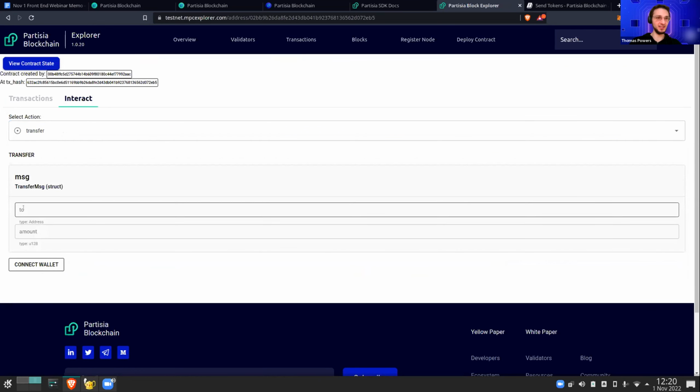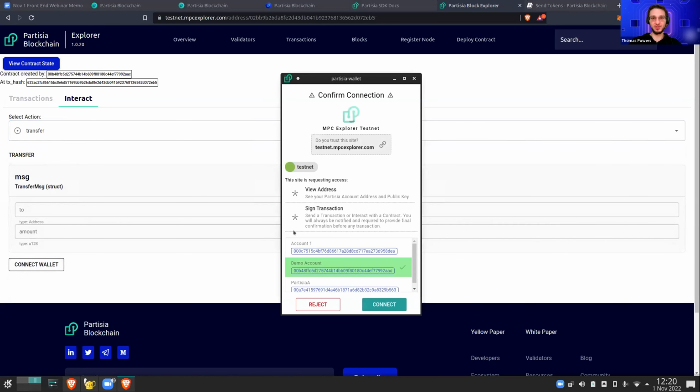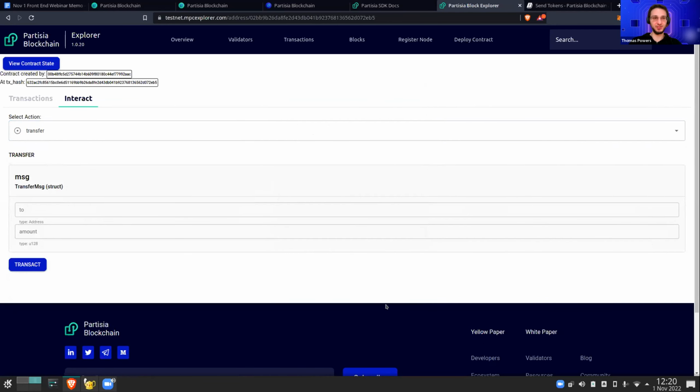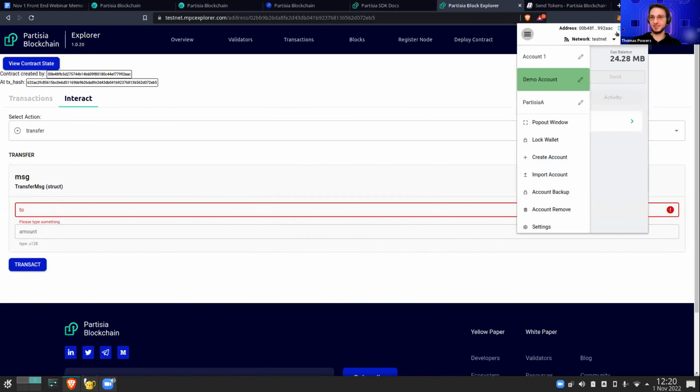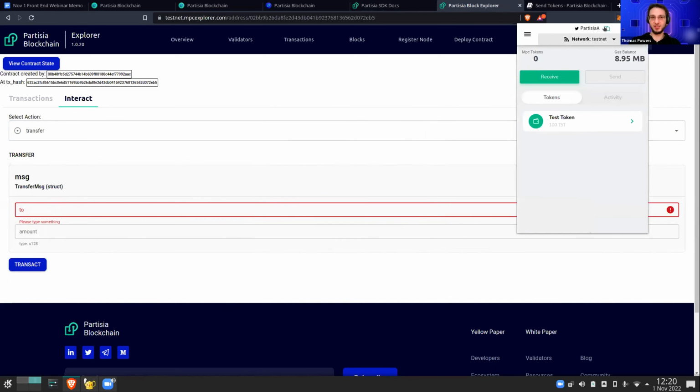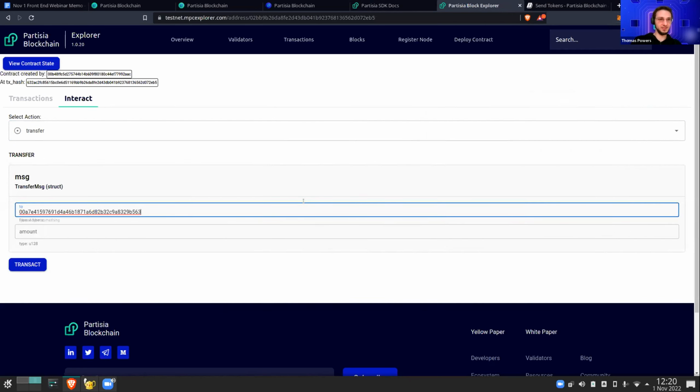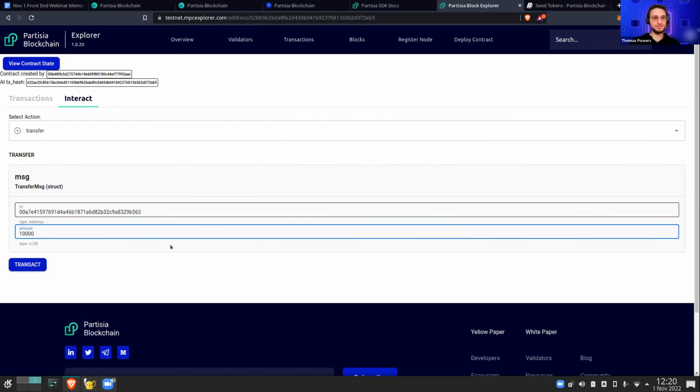So if I see the transfer, I can see that there's a to and amount field, and these are dynamically created. If I go ahead and connect my wallet, similar to how I did in the example SDK docs, you can see in the top right, my address is now here, and you can see that there's now a transact button. If I go ahead and manually assign address to, so if I go ahead and select this address and an amount, and I do transact,